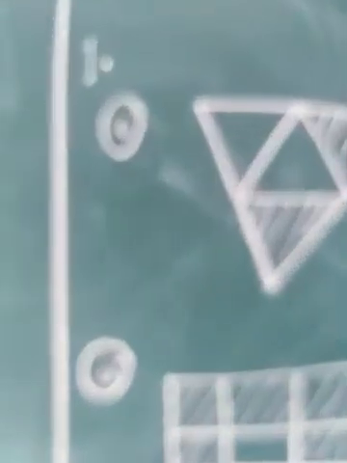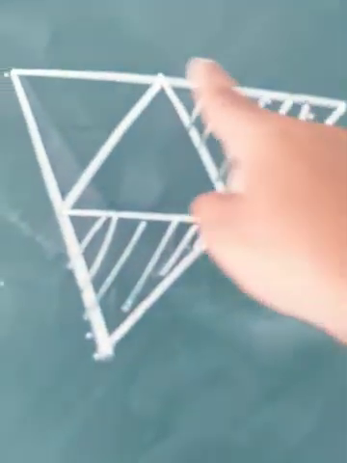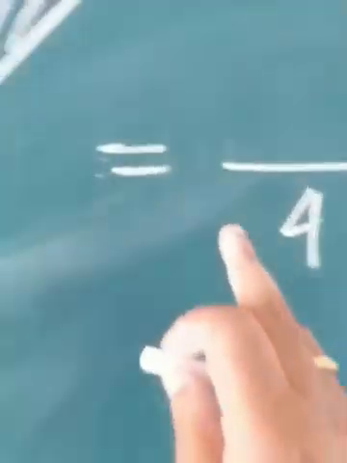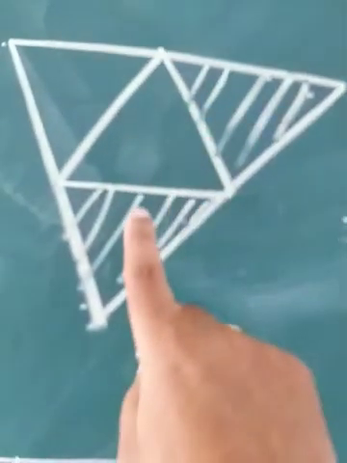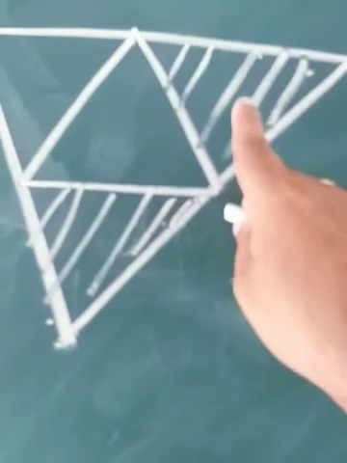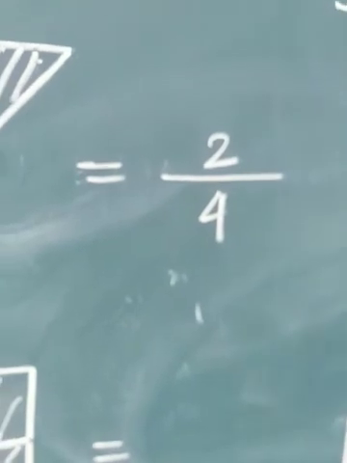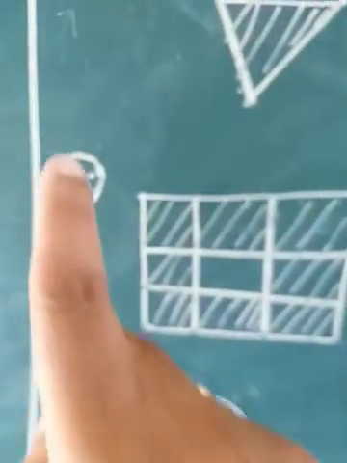That is exercise 7.1. Question number 1, sum number 1. Now you see some figures are given, so you have to write the fractional form of all these figures. Now you see this whole part is divided into how many parts? 1, 2, 3 and 4, isn't it? So the denominator would be 4. That is, this whole triangle has been divided into 4 equal parts. Now how many parts are taken as consideration? That is, how many regions are shaded? That is 2. So you will write 2 like this. So your required fraction for this figure is 2 upon 4.